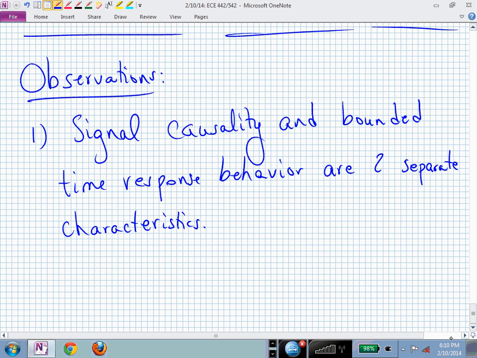We can look at those two behaviors separately. They're not connected. A signal can be causal,